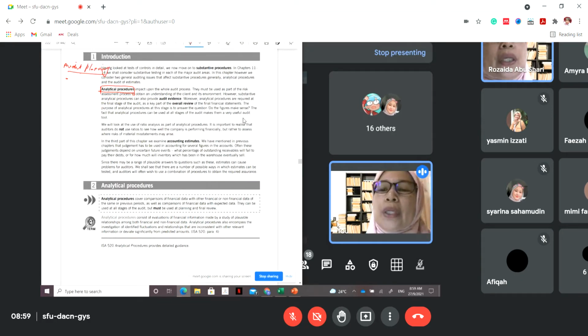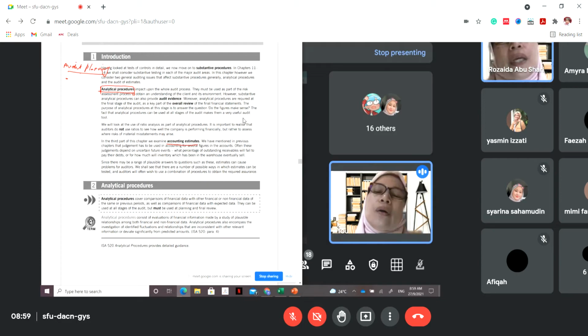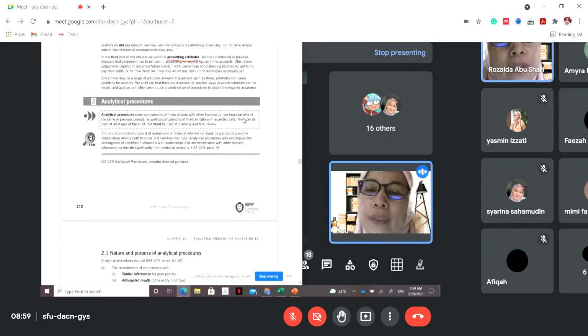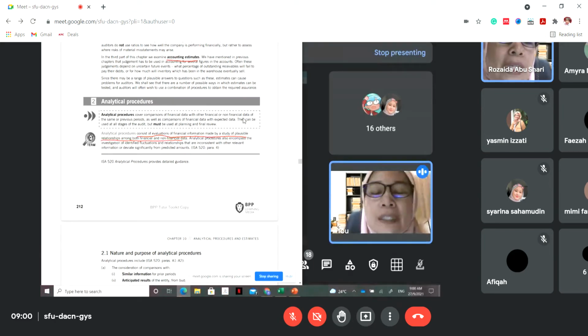So in this topic, we are going to look at how you perform the analytical procedure together with the accounting estimate. Today we will look at two parts: the analytical procedures and the accounting estimate. For the analytical procedures, this is the definition. Analytical procedures consist of evaluation of financial information made by a study of plausible relationships among both financial and non-financial data. So you must study the relationship